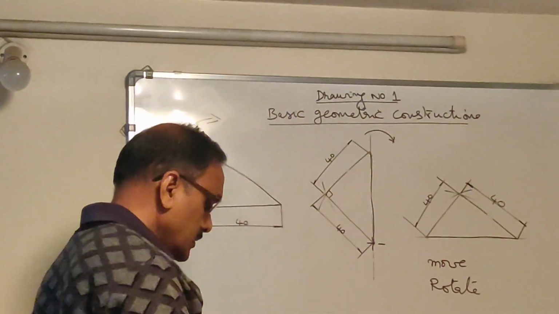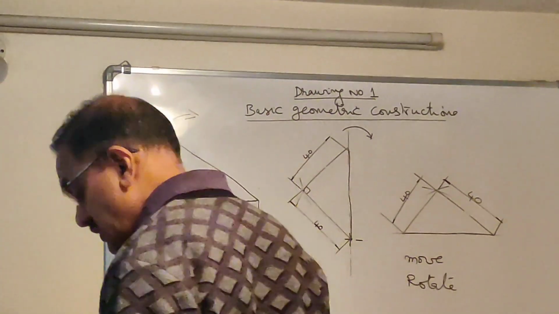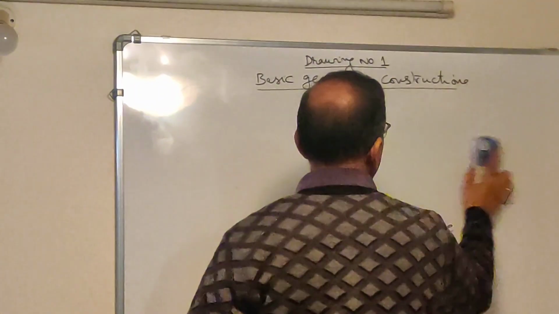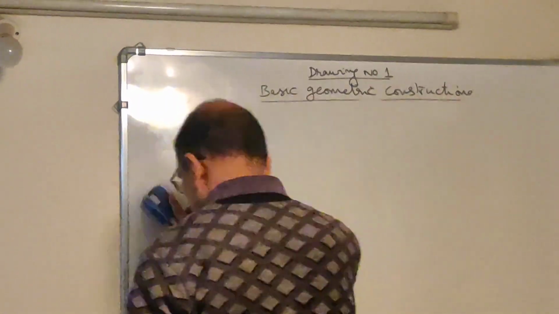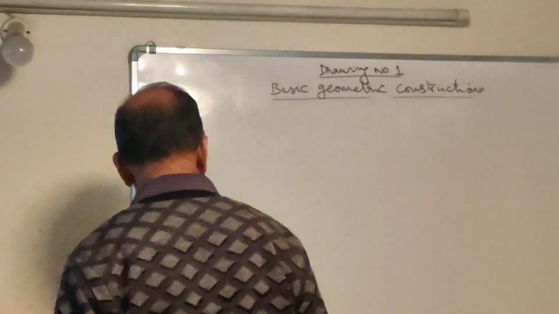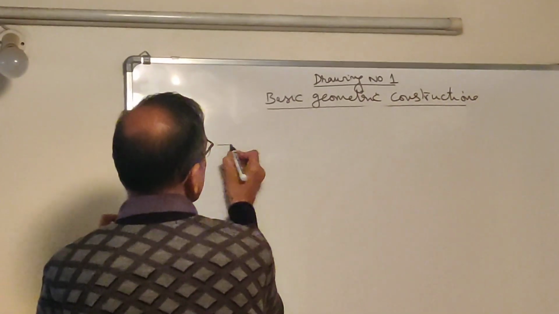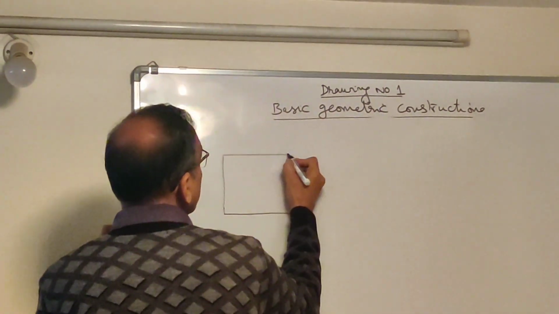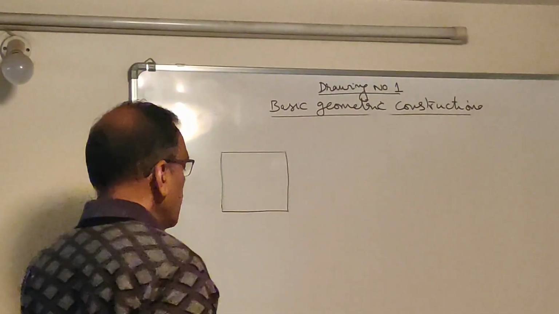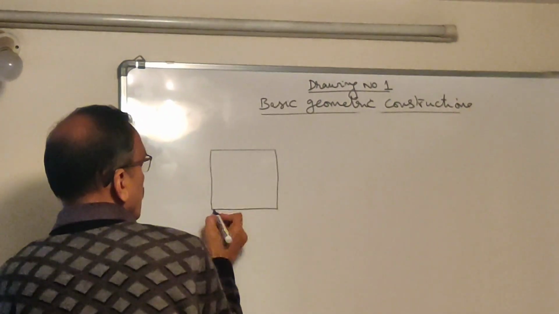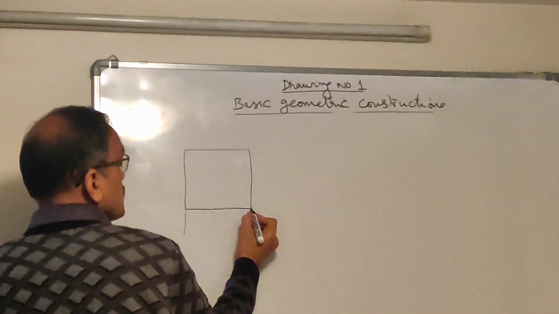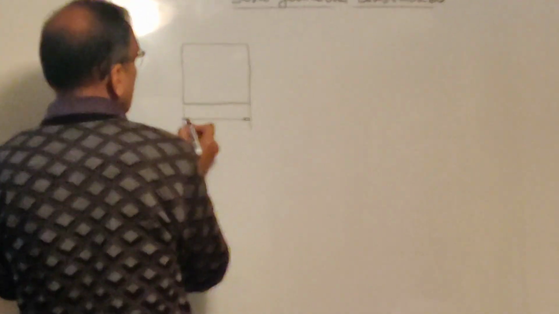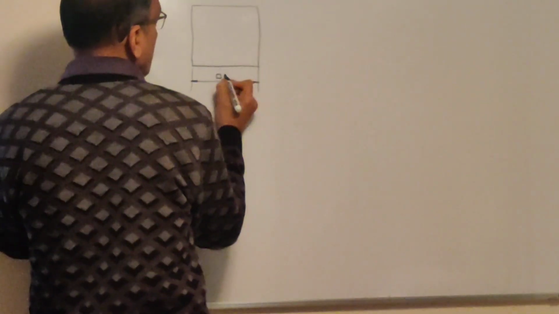Now let us take up the next polygon, which is a square. You know how to draw a regular square. Let us say the side of the square is 40. So this is a regular square. Now it is just enough if you show the dimension for one edge. That's enough. You don't have to show the dimension for all the edges. I can show it like this: square 40.